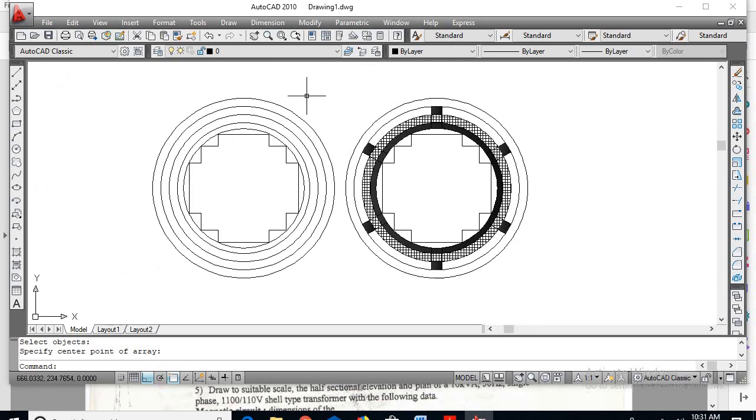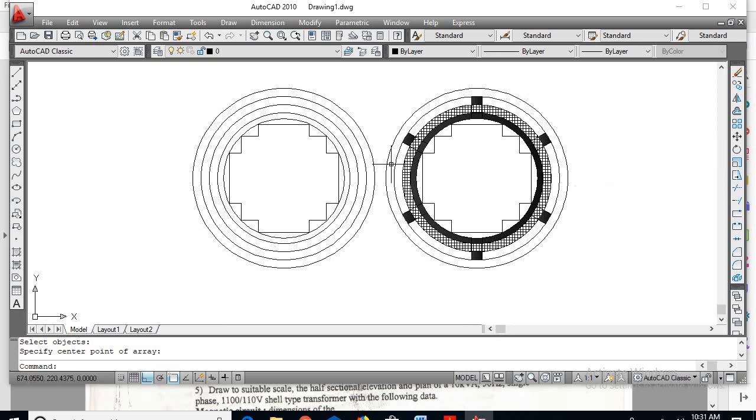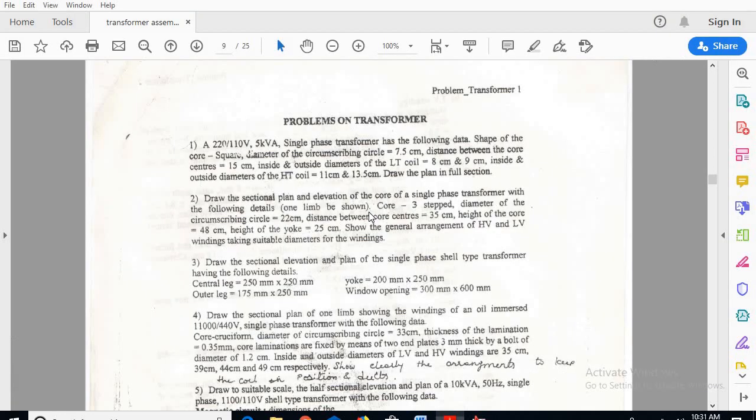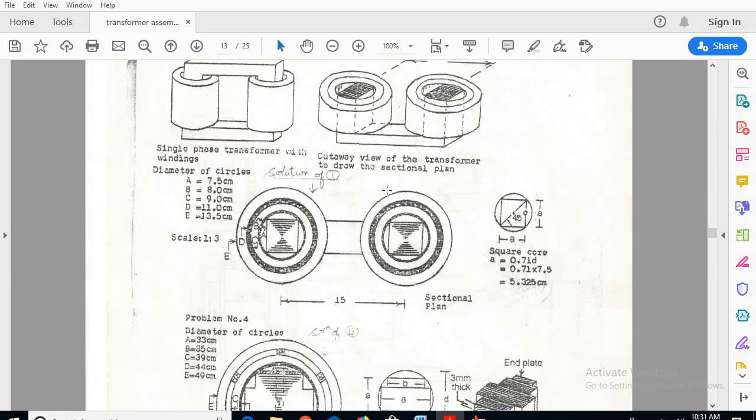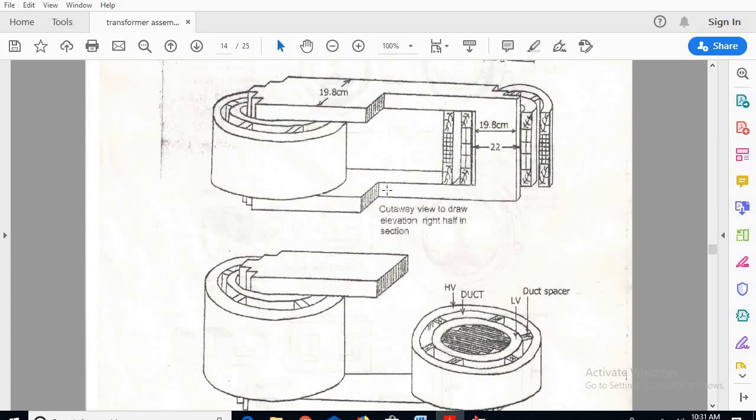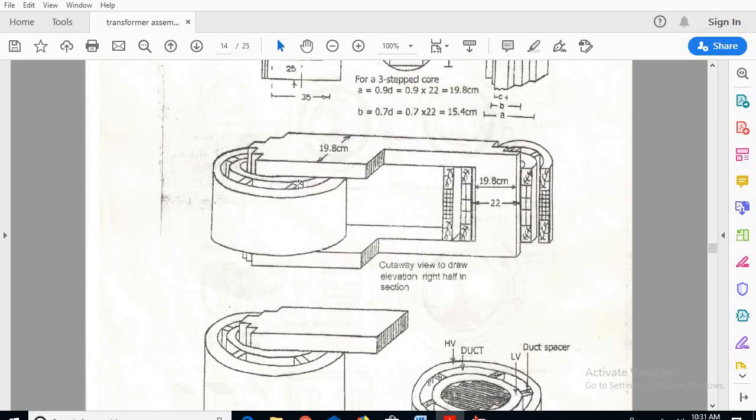Okay, so now while coming to the left side, since the uncut portion, if you see here, the yoke covers half of its right portion. Here you can see the yoke will be covered.